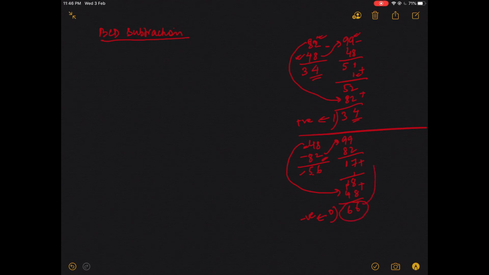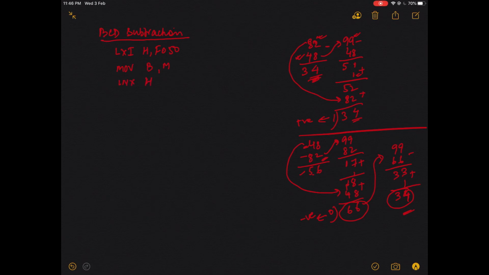When you get 66, you have to take the hundreds complement of the number again to get the result. So I'll do 99 minus 66 plus 1, so that becomes the hundreds complement. I'll get 34. Now the answer will match. If your answer is positive, it's easy: you just get the answer after doing the hundreds complement itself. But if your answer is negative, you have to retake the hundreds complement of the result to get the original result.